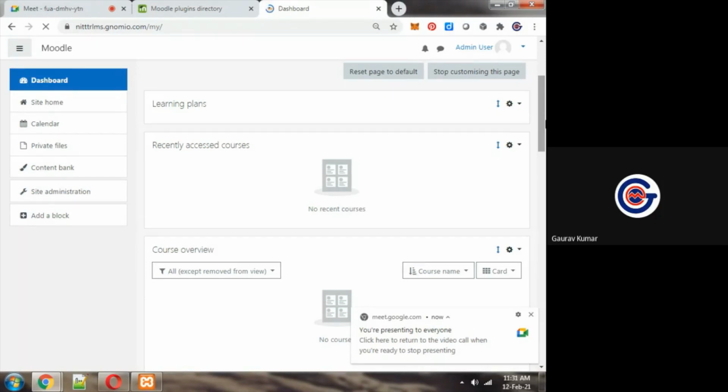If you have hosted a website, with every website a cPanel, control panel, is given. With cPanel, Moodle LMS is already attached, so you can directly link it.